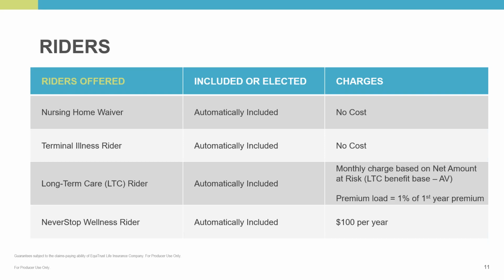It's kind of twofold. First and foremost, there is a 1% premium load in the first year. And then there is a monthly long-term care benefit rider cost that is calculated basically off of what they refer to as the net amount at risk. That's basically going to be the difference between your coverage ratio, say 190,000 in our example, minus the premium of 100,000. So the net amount at risk would be 90,000. That would be the driving point. And then it's going to be based on the client's age and their underwriting class as far as the monthly LTC benefit rider charges go.